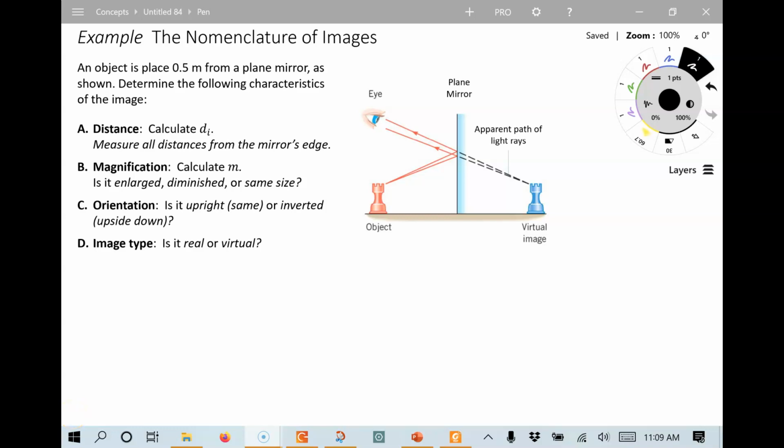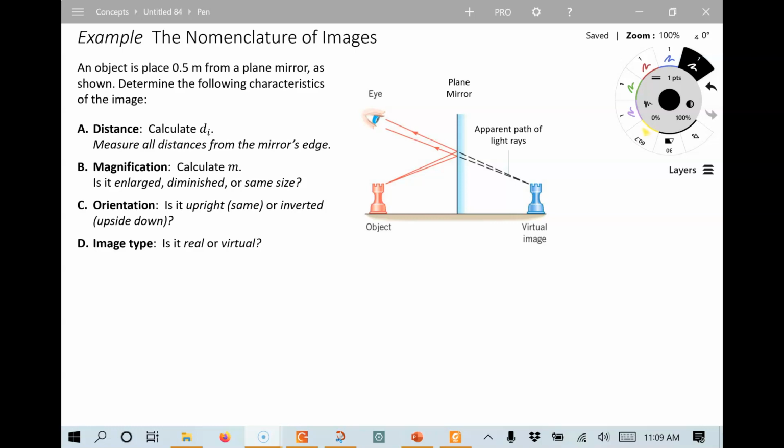Hi, this is an example problem that has to do with understanding the nomenclature of images. This is for a mirror, but the same words and terminology apply to lenses as well. What we're going to do in this problem is basically verify the picture that we see here and understand how we can characterize an image in terms of the distance of the image, magnification, orientation, and image